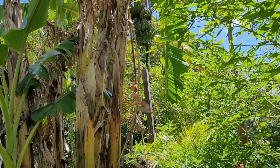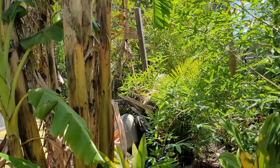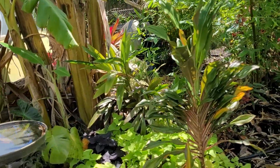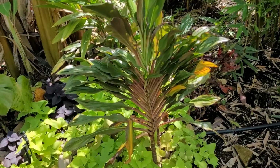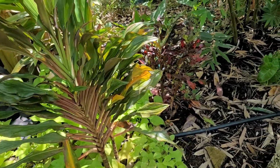But there are bananas up there, so we'll see. Those are starting to get fat too. Hopefully they work. If not, we didn't plant it for the fruit. Singapore twist, cordyline,